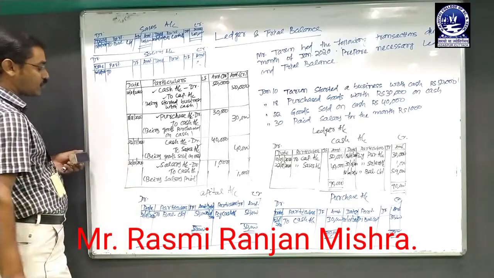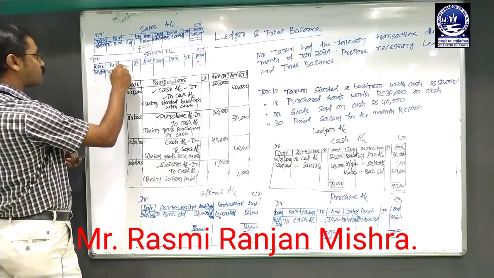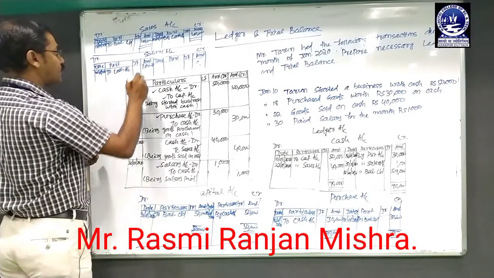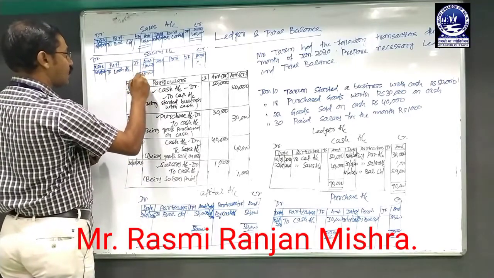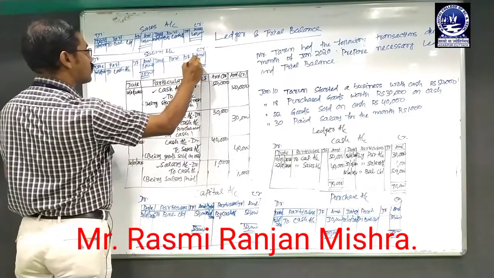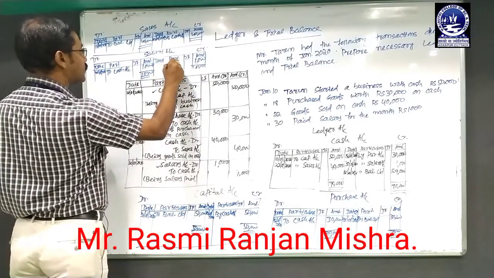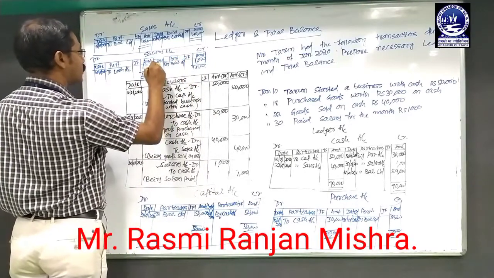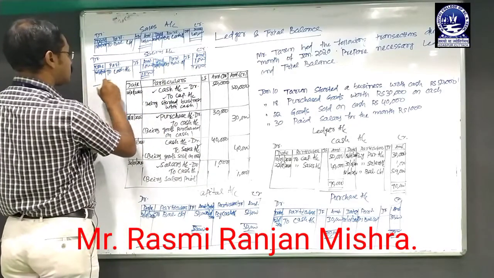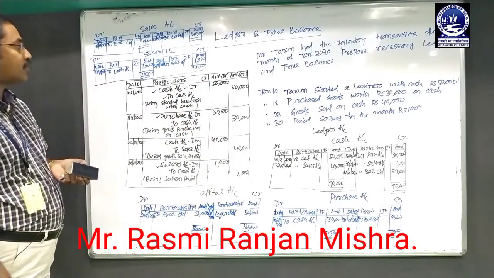Debit side always starts with 'To'. So here cash account is credit, so we must put it as 'To cash account'. The amount is rupees 1,000. Then we have to make the balance. So 1,000, put that amount on both sides. The difference is 1,000. Put that difference on the credit side by writing 'By balance carried down', and the date is 31st January 2020. So this is the full preparation, or balancing, of a ledger account.